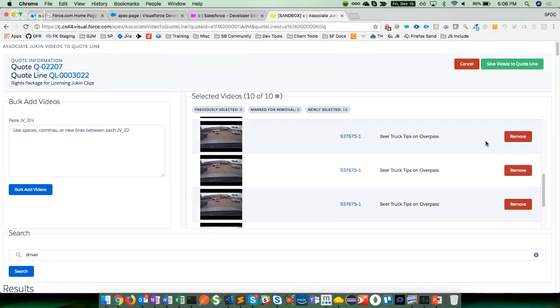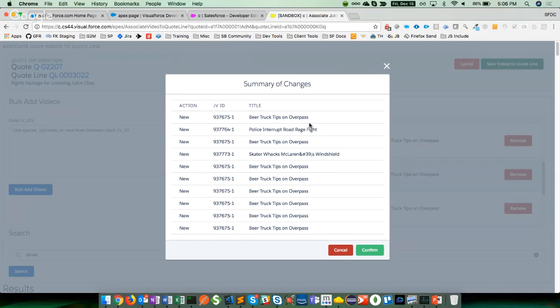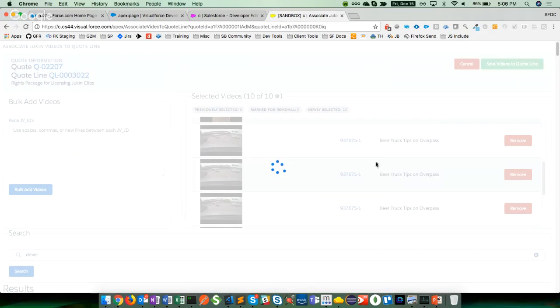Okay, so from here, we're aggregating these. Now once we hit save, this modal pops up, and it says we're adding these new videos. Because what could happen is later, as they're negotiating the quote, they could come back and change the videos that they want. So it would show which ones were unchanged, which ones were deleted, and which ones we're adding. So now when we save that,